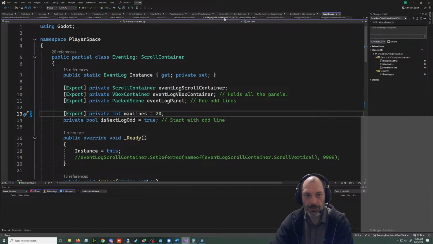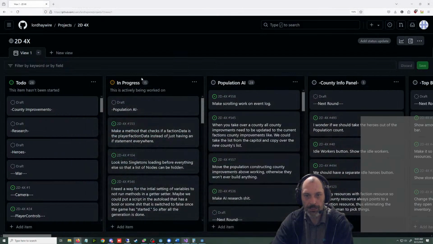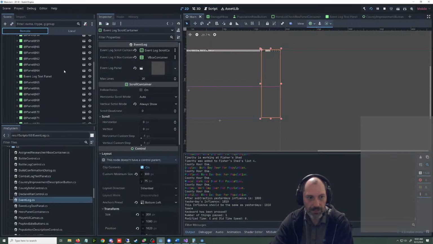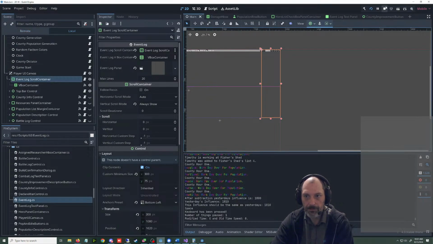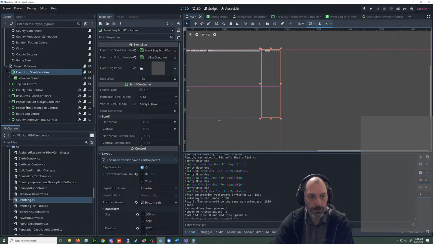I don't think I have player controls open up here, so we shall open it. And we need to go to